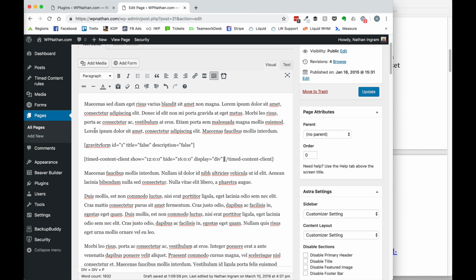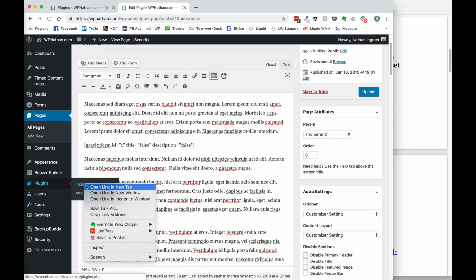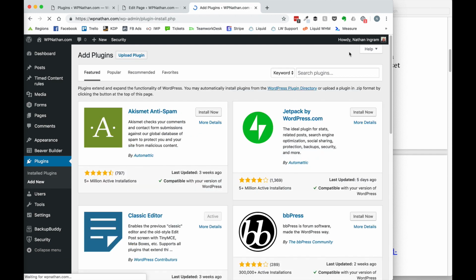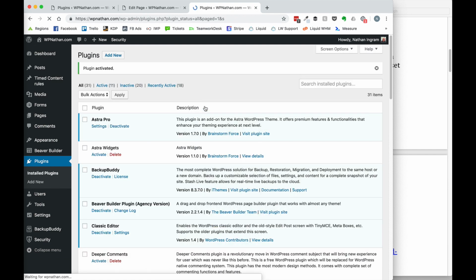Can it do a post expiration? No, not in this shortcode. This is made for things in content. However, there are multiple plugins that will allow you to expire a post. One that I use on a regular basis, even though it's a little bit old, is called Post Expirator. And Post Expirator, activate this one. What this is going to allow you to do,